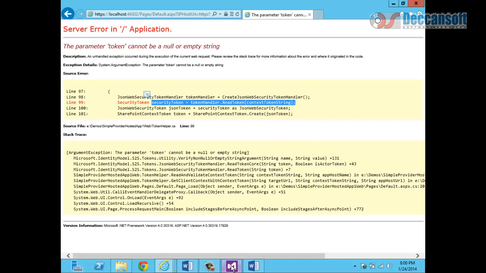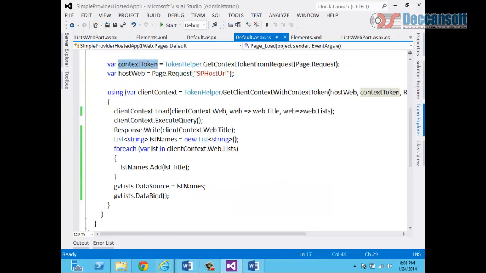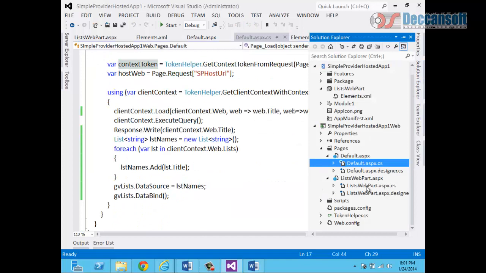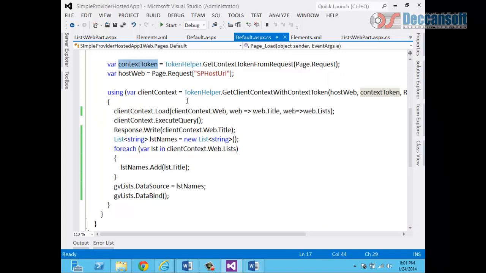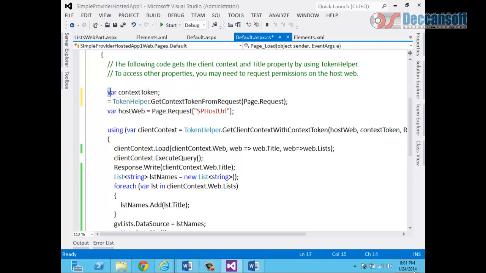So what we will do is, ideally speaking, in page load we are getting this token. This token we can either store in session. We can have an ASP.NET HTTP session which can store this and retrieve it later, or we can add it in a cookie and retrieve it later. So let me show you how to do it through a cookie. The token, I'll simply declare it here. It's a string variable,